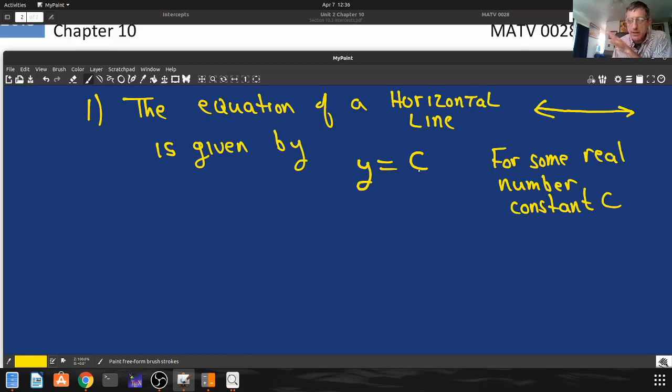So this is a constant, for example, y is equal to 2. The equation